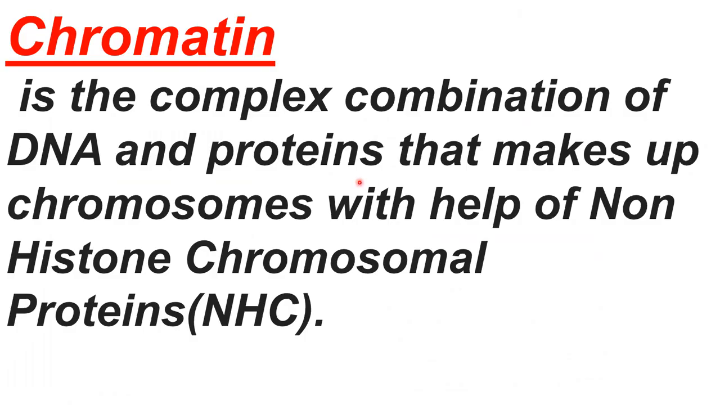So this complex structure, which is formed by the combination of histone and DNA, will form a structure called chromatin. So chromatin is the complex combination of DNA and histone proteins that makes up chromosome with the help of non-histone chromosomal proteins. Because this structure, this chromatin,